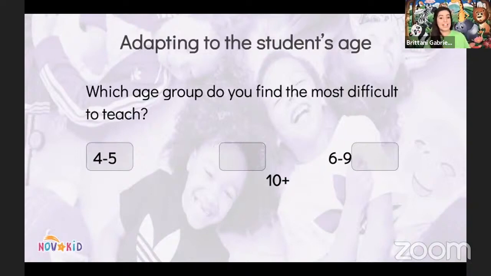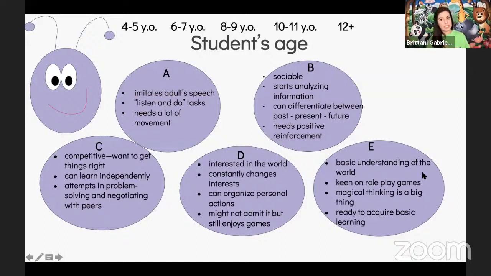They can't focus yet. This is true. Sometimes it's really difficult to keep your 3-year-olds engaged during class, but we'll look at some adaptations in our coming slides.